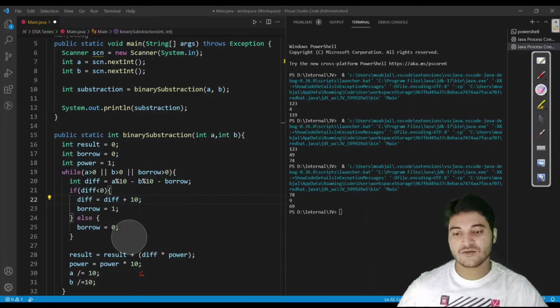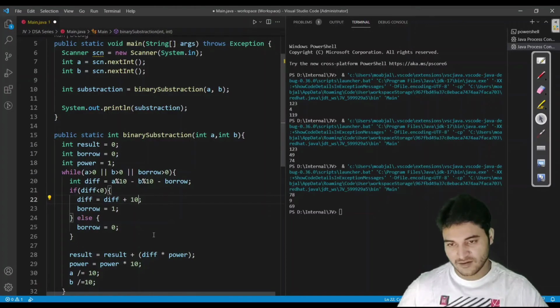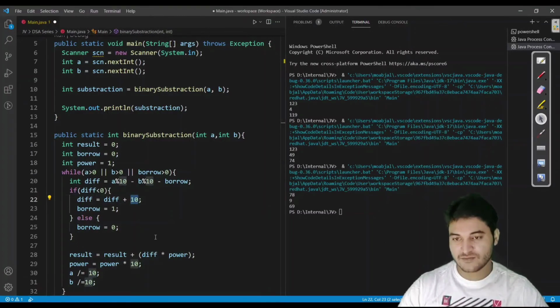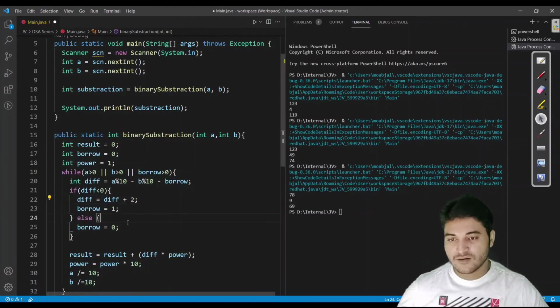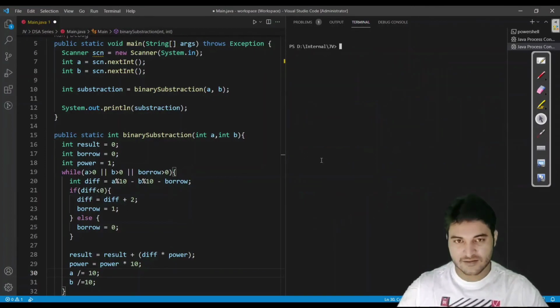So let us see whether this is going to work or not, because this is very much similar to the previous one. If you have missed the previous video, then this video is not going to be the best possible solution for you. So is there anything we are missing? I don't think so. We just have to add this base and we are done. So let us give it a run. What is this?